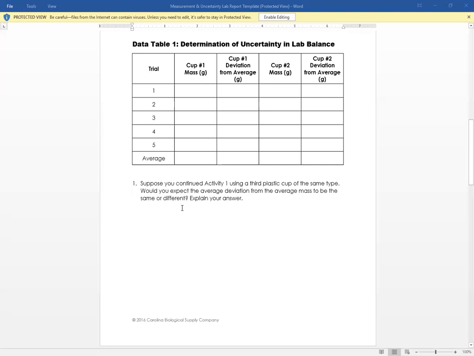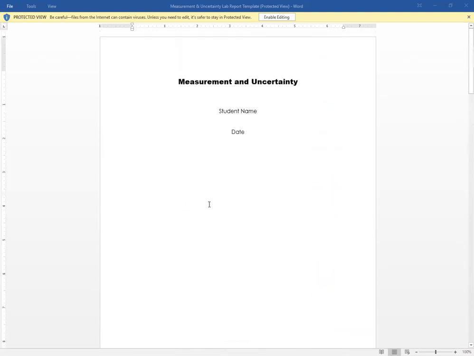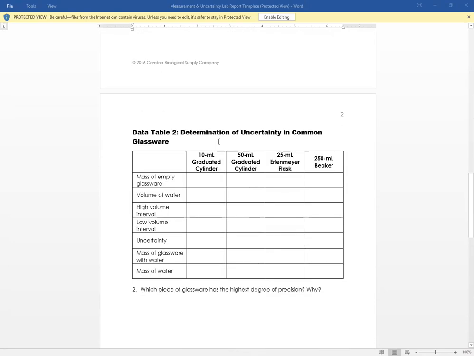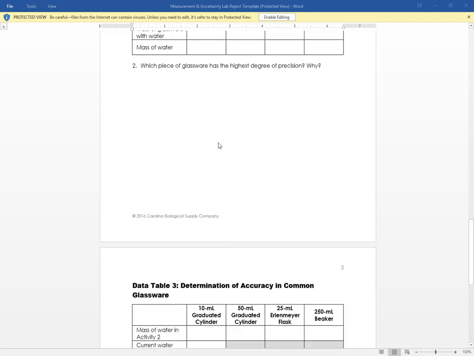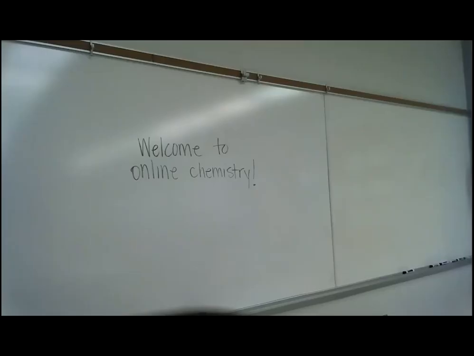So you download this file, and then you type your name in it. You type the date. You type all your data in here. You answer your questions. You type some data in here. You answer your questions. You type your data in here. You answer your questions. Then you save this. File, save as. And then when you're ready to upload it,